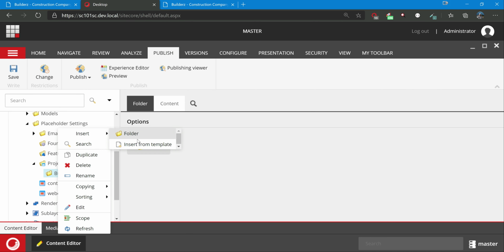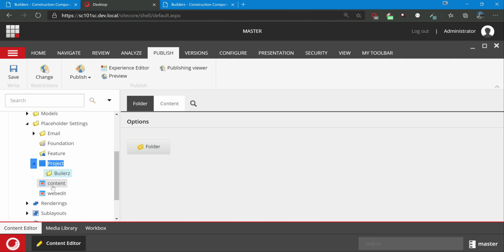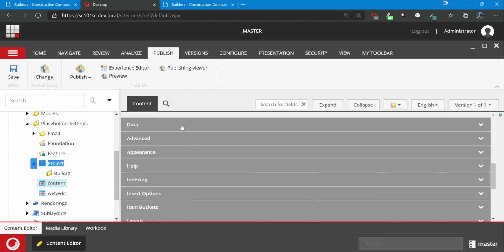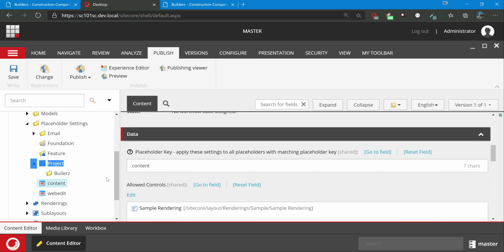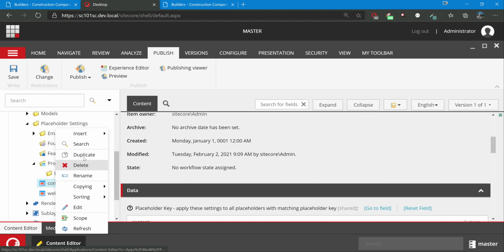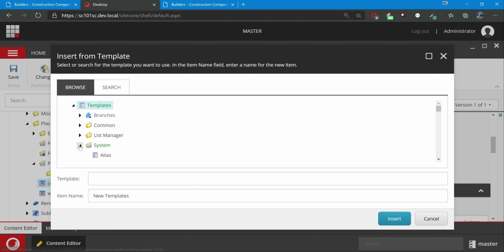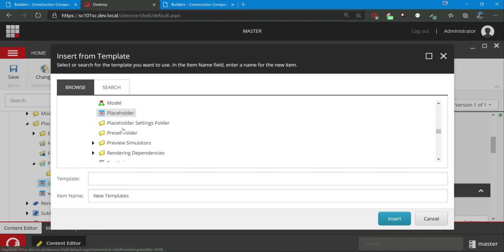Let me check where the template exactly is. It is in system, layout, and placeholder. So let's define our placeholder as main, right?